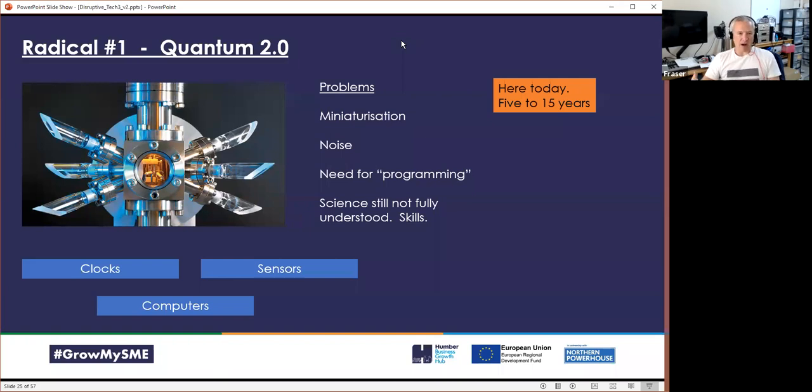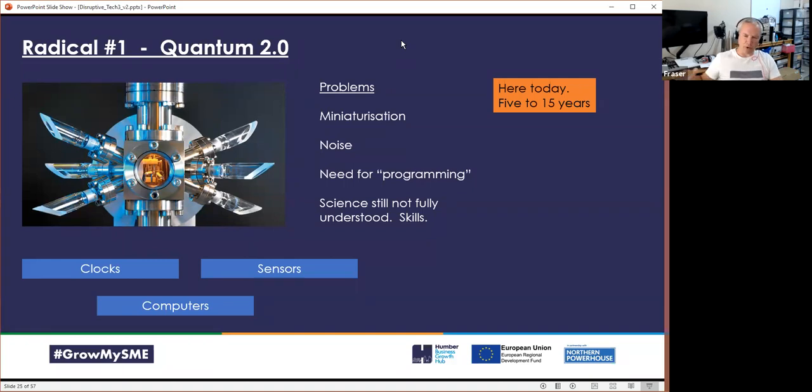The biggest problem we have is miniaturization of these things. So you imagine that these things tend to be in massive great rooms, although I have seen prototypes of quantum things in pretty small boxes. One of the features of quantum sensors is the ability to detect gravitational waves. And that means that we are able to look through materials a lot easier. So there's an application for health, for finding oil deposits and so on. But also the ability to locate oneself on the planet very precisely and easily.